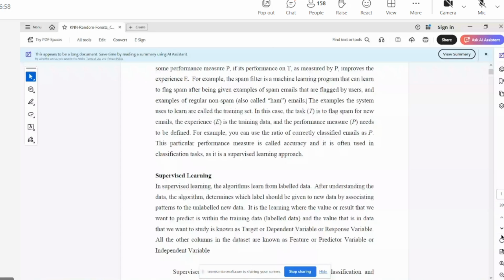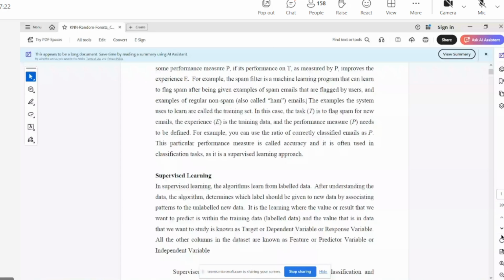So the first 3 columns are independent variables. Why? Because my temperature varies, my weather forecast can vary, but whether I should allow the children to play outdoors or not is based on those first 3 columns.